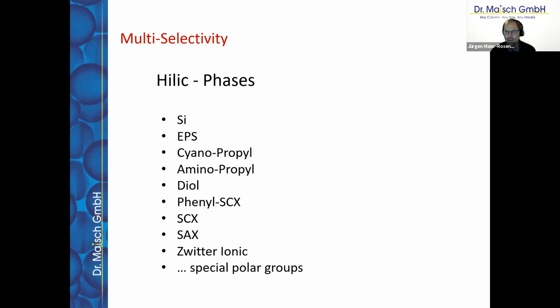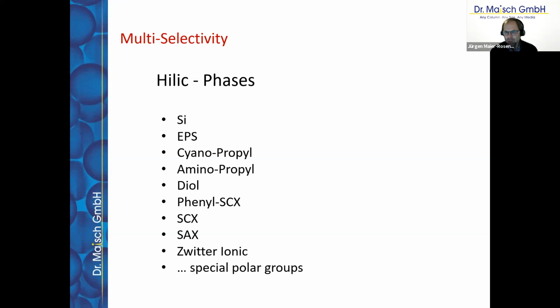And the last block are the HILIC phases. The HILIC phases have, beside the polar interactions, which are the base of the HILIC methods, a lot of different additional possible interactions depending on the stationary phase you are choosing. For HILIC, it's a little bit more complicated because a lot of the phases are only called HILIC phases, and it's not clear what chemistry is behind that. I will only touch briefly on the HILIC phases because that will be a complete